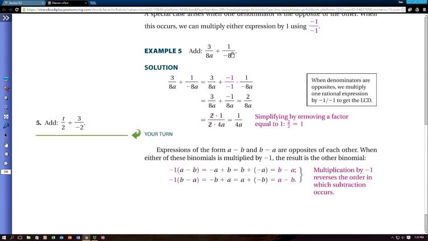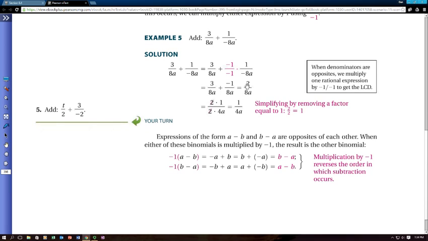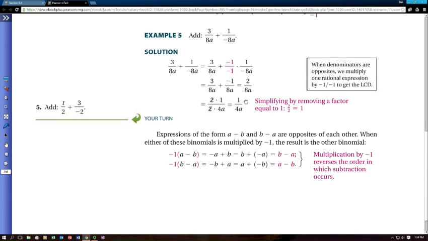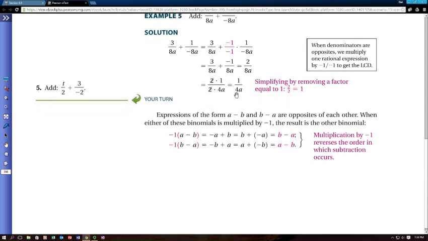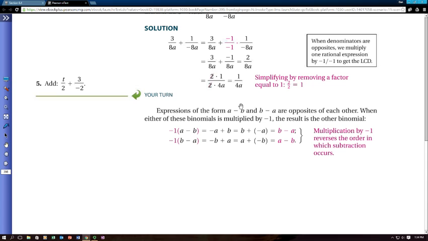They say, well, wouldn't it be nice if I could change this -8a into 8a? So they take -1 times over -1 times this. Well, this changes this to a positive 8a. Hey, that's nice because now I have the same denominator. But it also changes the 1 on top to a -1. So now I can just add the numerators and get 2 over 8a. Now I can simplify that because there's a common factor of 2 between those two, and I write 1 over